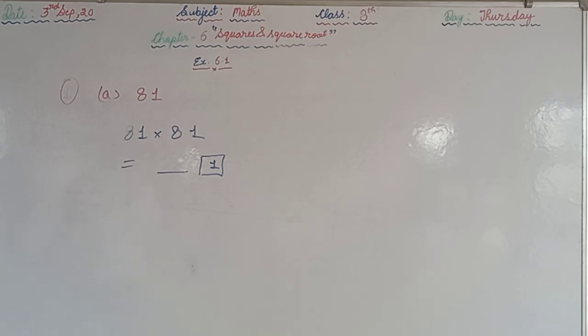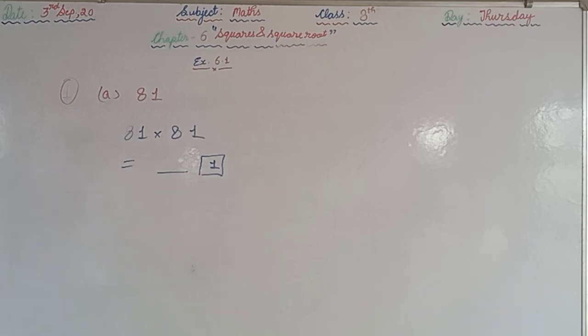The first one is ending with 7, that's why it is not a perfect square. The second one is ending with 3, that's why it is not a perfect square. The third one is ending again with 8, so it is again not a perfect square. The fourth is ending with 2, that's why it is not a perfect square. The fifth one is ending with 3 zeros, meaning an odd number of zeros, that's why it is not a perfect square. In the sixth part the number is ending with 2, that's why it is not a perfect square.